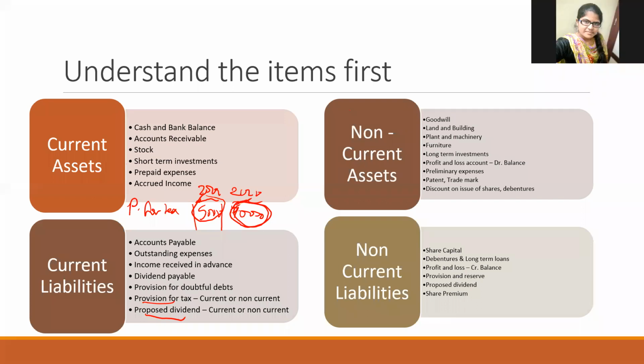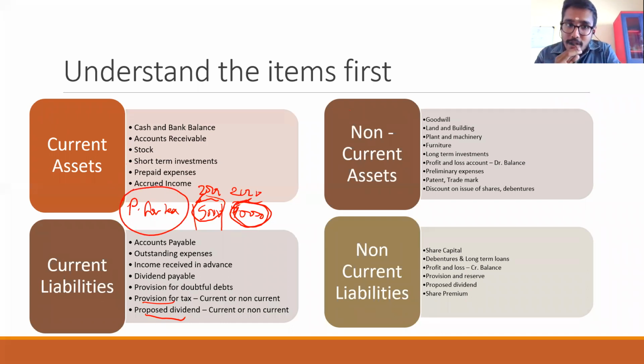What is the reason for keeping a provision? It is to be paid, to be given next year. In 2019, 5,000 rupees is the provision. So in 2020, automatically that 5,000 will be paid, right? Last year's provision means this year it will be paid. That you have to understand, with provision for tax and the same for proposed dividend also. While doing the problem, I'll make you clear.